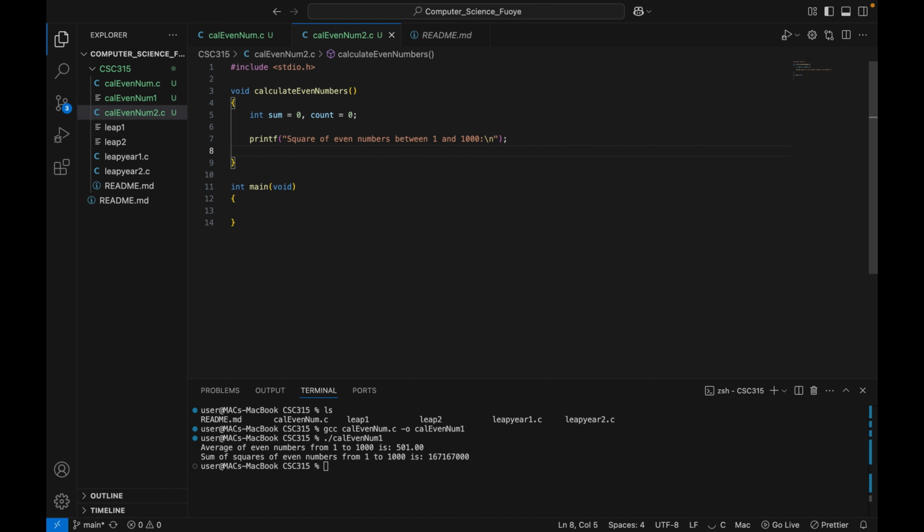And yes, so we have that. So we'll start that, and we'll say this will be like the header, and we'll say the for loop. Remember, we'll create an int and say i equals 2, where it will start, and then also create the condition, which will be as long as i is less than or equal to 1000, right? And then the next one, which is i should increase by 2, i += 2. Okay,